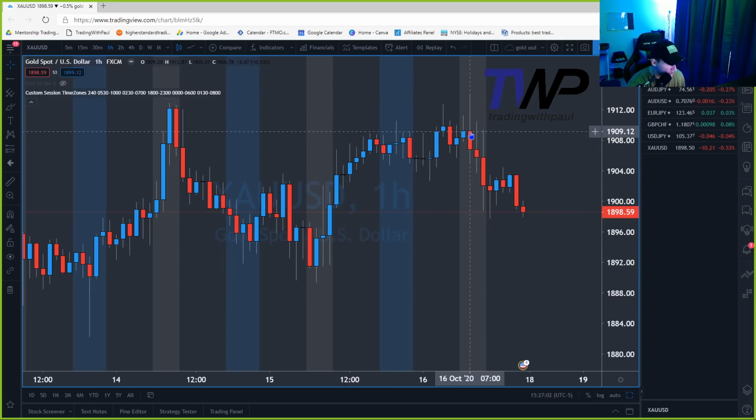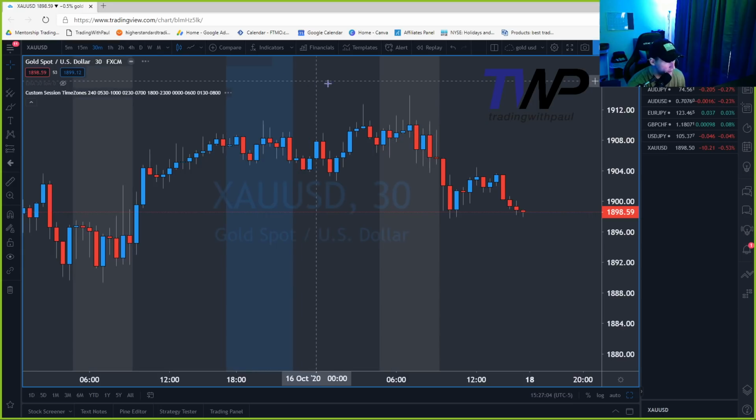So if you waited for this candle to jump on, let's say you wait for the first 30 minutes. The first 30 minutes, all right, boom, now you're safe. You can get that entry. You know where the high of the volume came in, and with this setup here, you should be good.